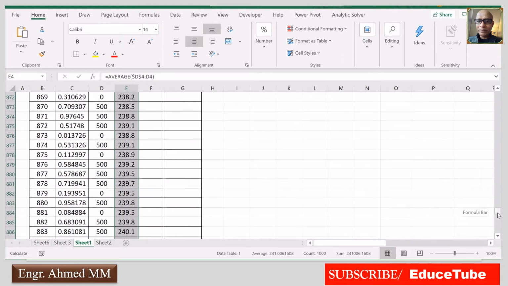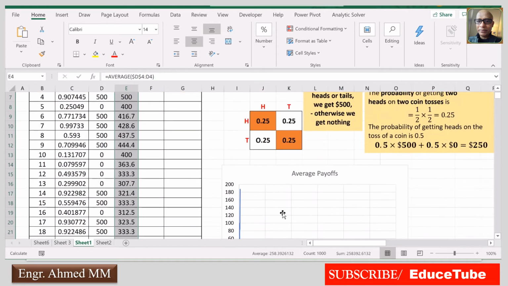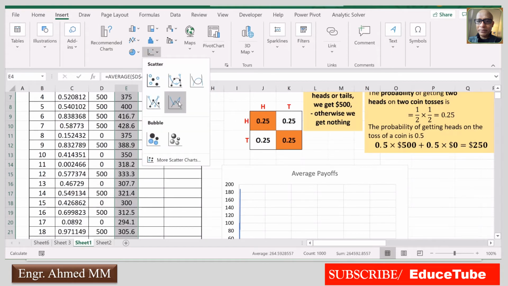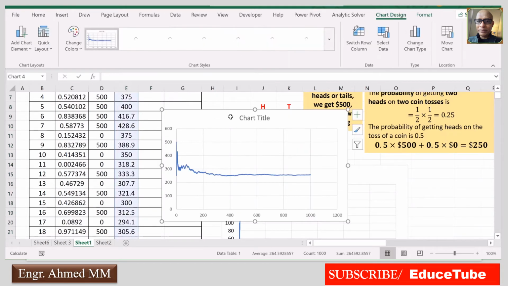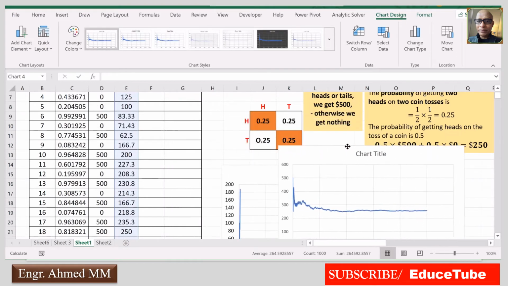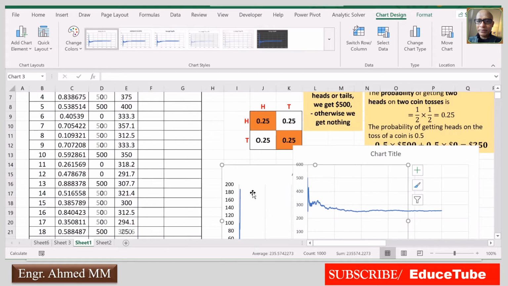I want to get the whole data. So I got it. Now I am intending to generate a plot. Suppose I am selecting this. Already I generated this. So this is the graph I got. This I don't need.